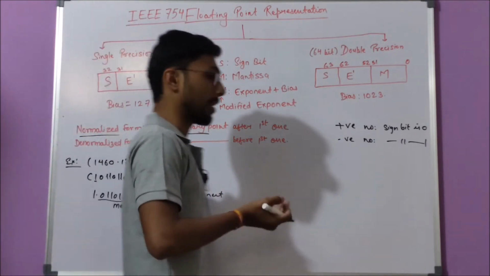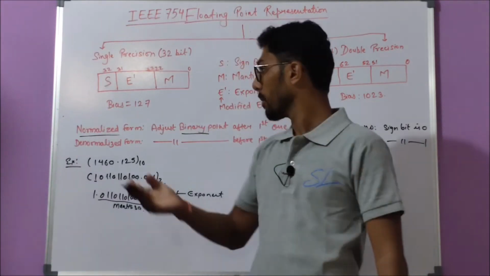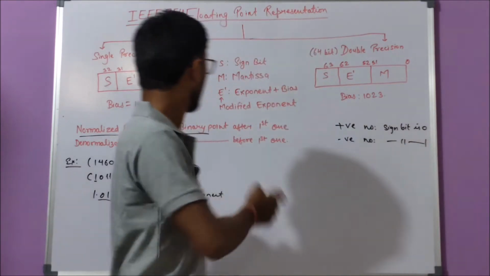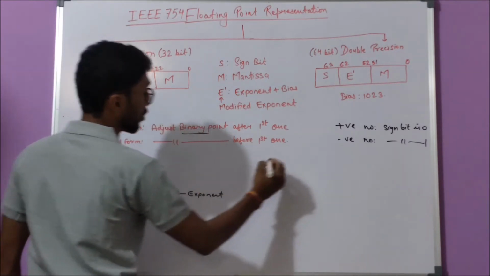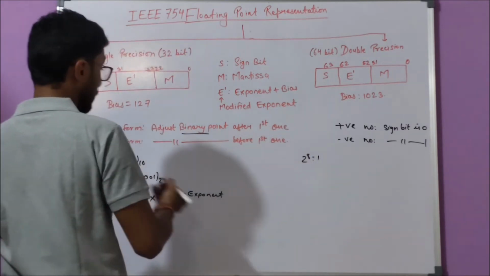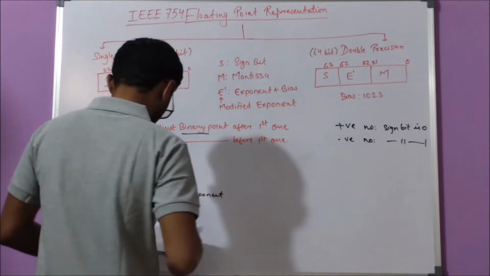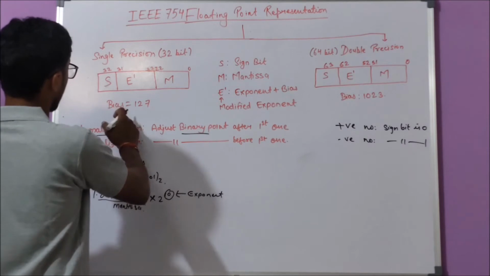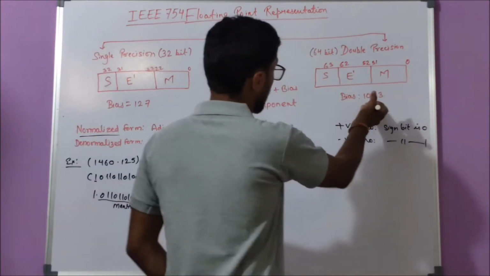So let's calculate modified exponent E dash. E dash is exponent plus bias. Bias in a single precision format is 2 to the power 8 minus 1, where 8 is the length of the exponent field, which should be directly remembered as 127, and I will give you the formula for calculating it in the later part of the video. So exponent bias in single precision format is 127 and in double precision it is 1023.